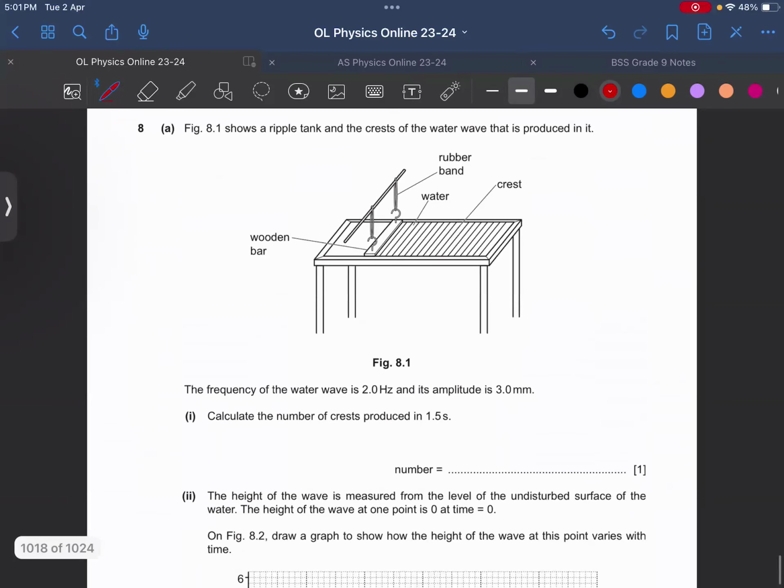All right। 8.1 shows the ripple tank and crests of water wave that is produced in it। Frequency दिया हुआ है, amplitude दिया हुआ है, they're asking for number of crests in 1.5 seconds। आपको पता है 2 hertz का मतलब होता है 2 waves in 1 second। So अगर मुझे 1.5 seconds का निकालना है, just multiply, that's going to be 3 waves। So yeah, 3 waves, 3 crests, 3 wavelengths, it's all the same thing।